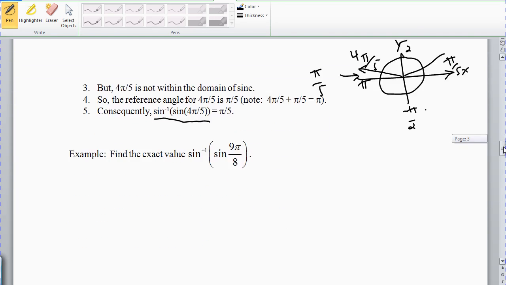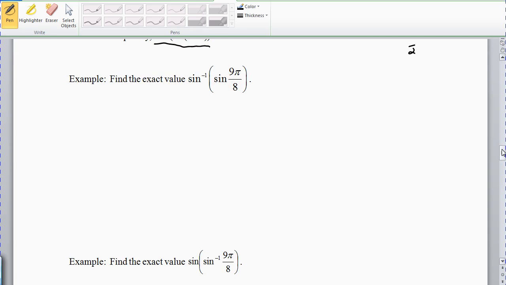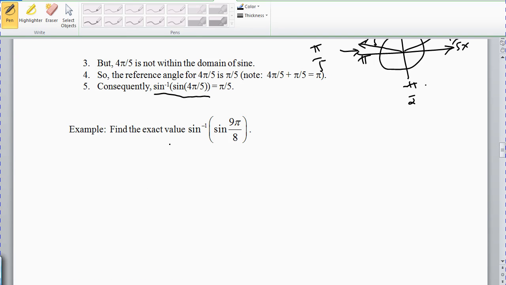Let's do another one. Maybe I did a better job of explaining this one. I think it's easier to explain it when you're actually starting from scratch than it is when it's already worked out for you. So here we go. Find the exact value of sine inverse of sine 9 pi over 8. Now that 9 pi over 8, if you think about it, and I do like to draw the pictures,